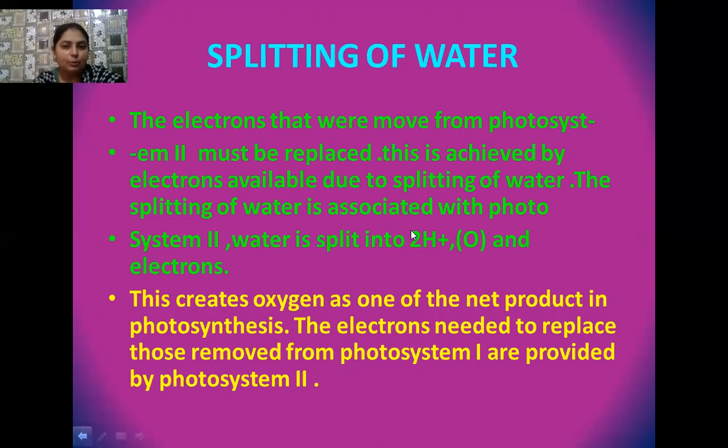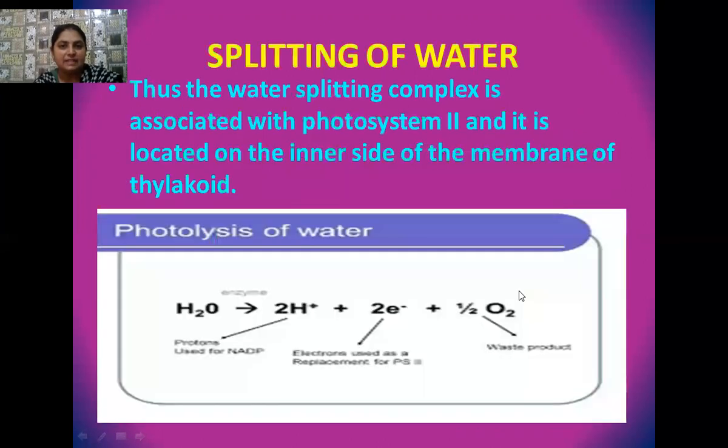Okay, students, and 2 protons and 2 electrons remain with us. One thing I want to tell you here is that whenever these electrons have to reach their primary acceptors, they always take the help of these protons. As 2 protons are released during the reaction, similarly 2 electrons are also released. So this oxygen gas is finally released into the atmosphere, and these 2 protons and 2 electrons are present in photosystem 2, that is P680.